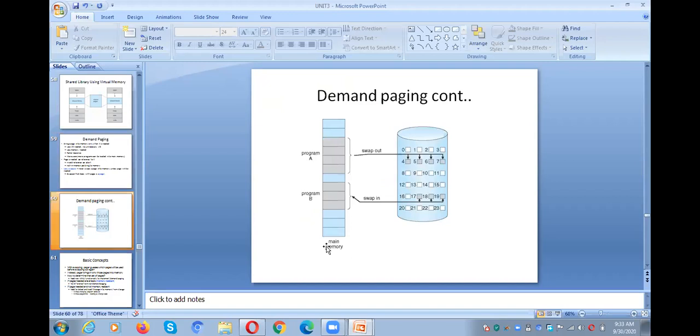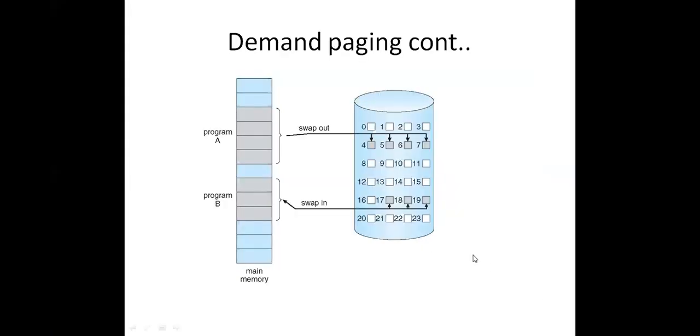And then, as I told you earlier, we need to take the demanded pages into the main memory. Unless they are useful to you, they need to be moved from main memory to the secondary memory. In this diagram, what happened? We swap out program A. Why? Because program A is not needed now. That is the reason why we don't want to waste the main memory. Right now we don't want program A in the main memory. That is the reason why I swap out program A to secondary memory and swap in program B to the main memory from the secondary memory. Okay.